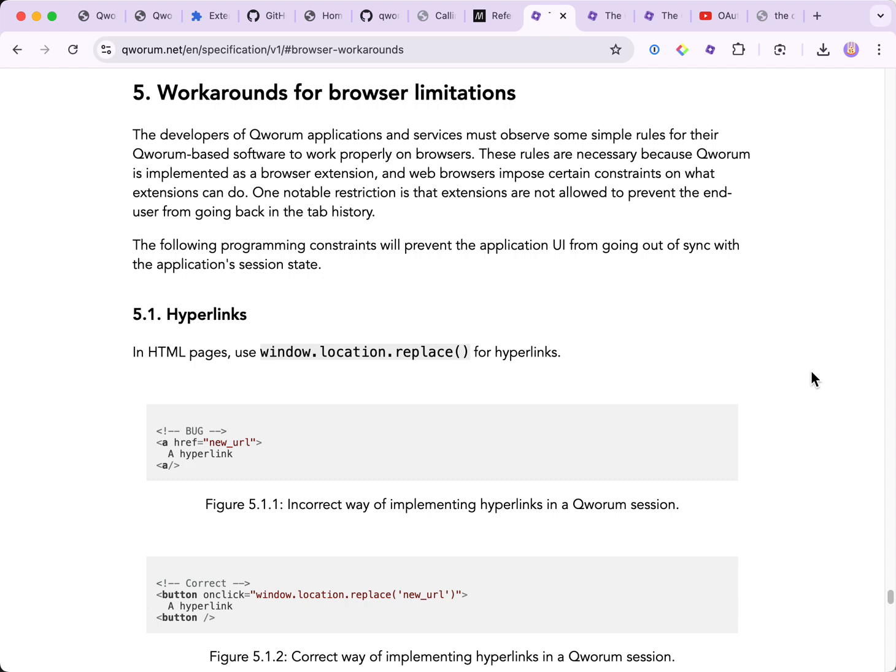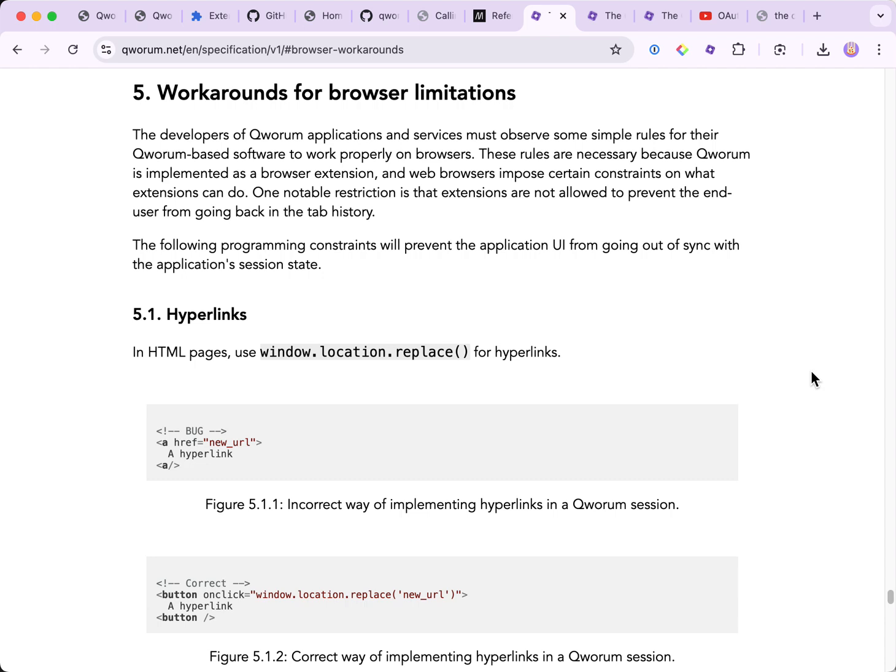So there are a couple of limitations currently, mainly because the browser extension specifications themselves have limitations. For example, browser extensions cannot disable the tab history, and this is the only reason why I have to impose a couple of restrictions that are geared towards preventing new entries from being added to tab histories. All right.